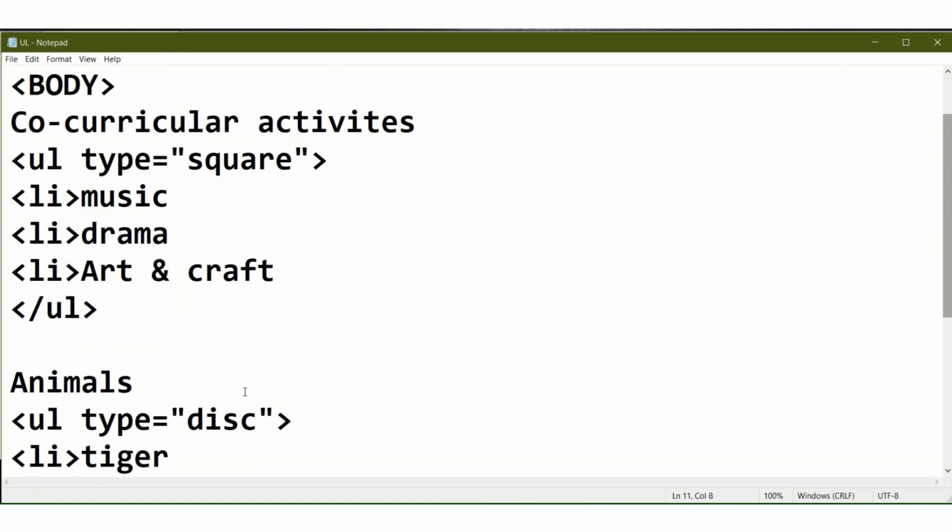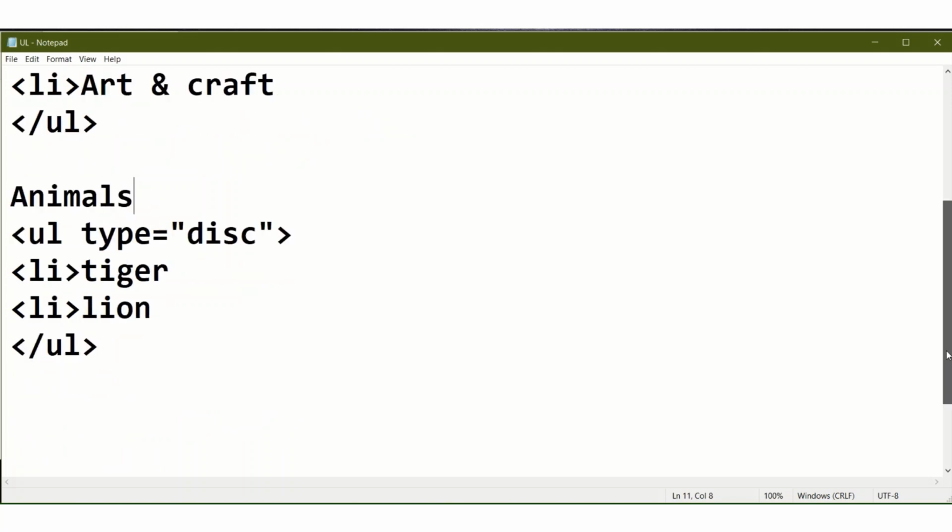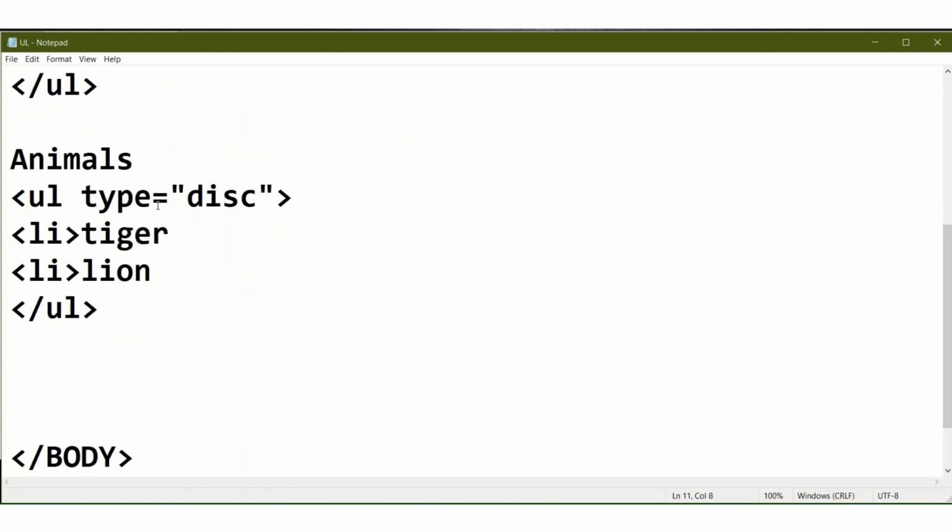See again. Suppose here you have not given the type disc. Suppose you are not giving the type, then what will be the output? Which type of bullets will be created?